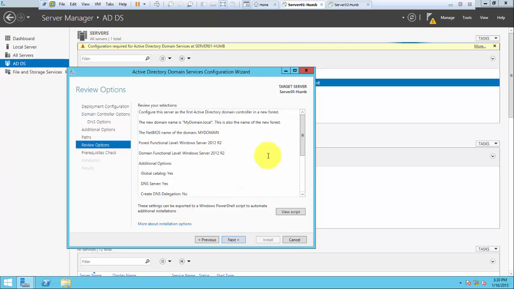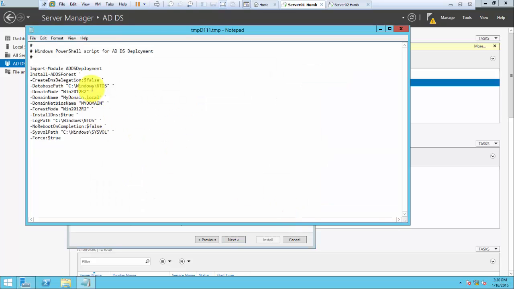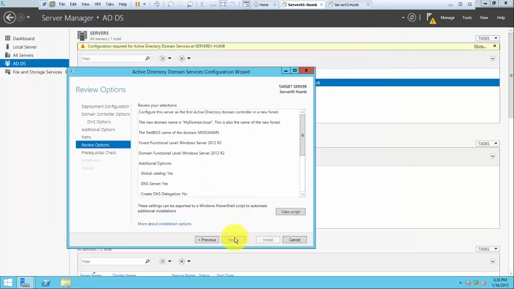this is a summary and view script. If you click that, it's going to give you a script of all the choices we made, and then we can later use this PowerShell script to deploy Active Directory to branches with these settings without the GUI interface. We can just use a script to install the whole thing. So it can be very handy, very useful. Next,